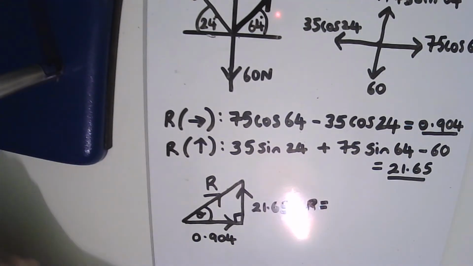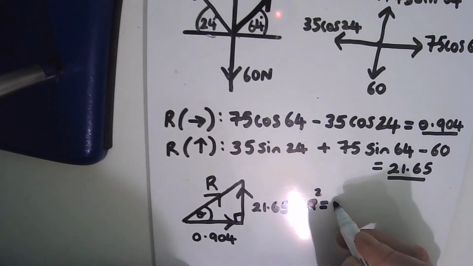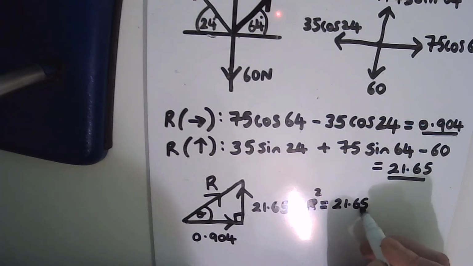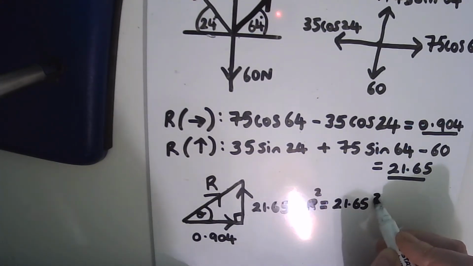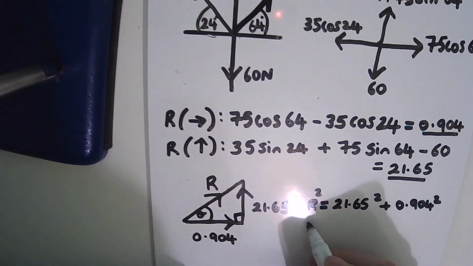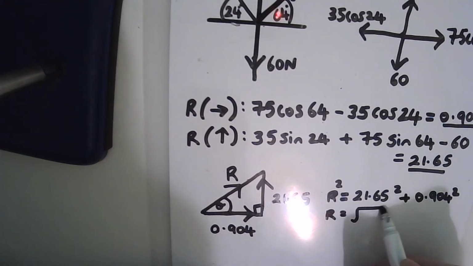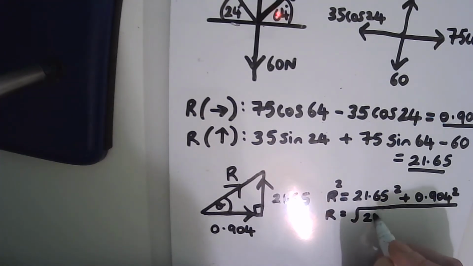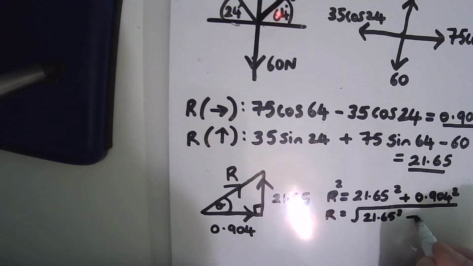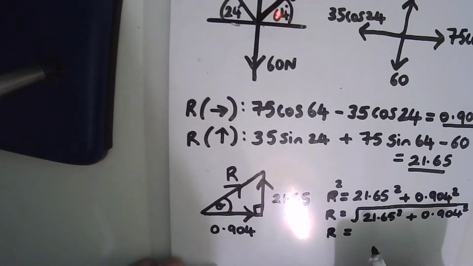Well, for our R, we're just going to use Pythagoras' theorem there, so we'll have R squared equals, and we can have 21.65 squared, it doesn't matter which one we do, plus 0.904 squared, and that would be Pythagoras' theorem. And then how do we find our R? It's just going to be the square root of all of that. So the square root of 21.65 squared plus 0.904 squared. Alright, so when you do that on your calculator, you should get a value of